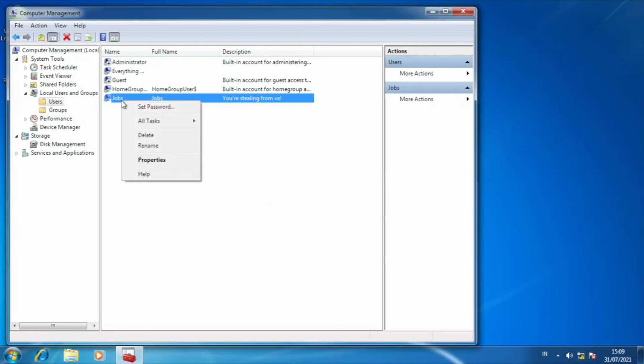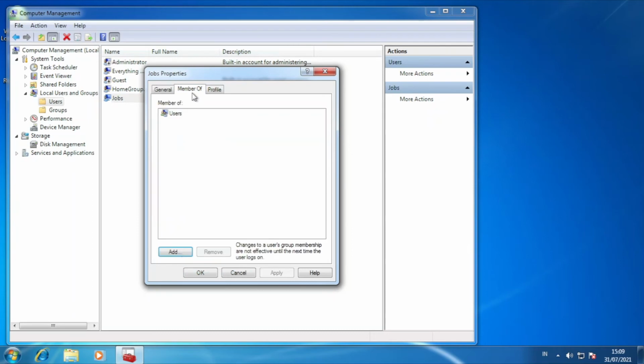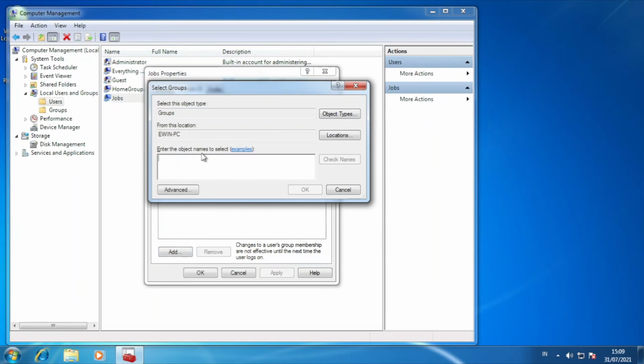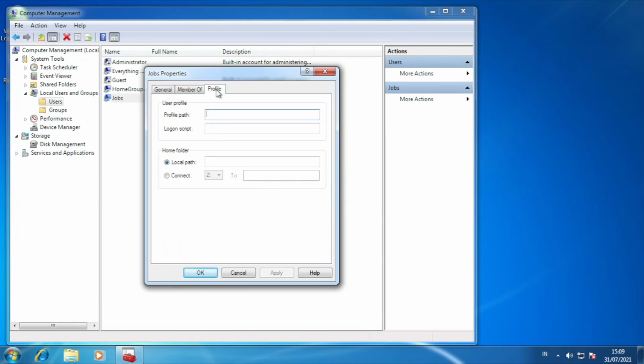You can rename the user right away, and delete it. If you click Properties, there are 3 tabs: General, Member Of, and Profile. In General, you get the full name, description, and the checkboxes that you already saw the first time you made an account in here. You can change them yourself, but be careful and be sure you know what you do. Member Of lets you add or remove a user from a group, and in here you are more free to customize your account to add it to any group you want. Profile is a very vulnerable option and it lets you change the user profile in the home folder,